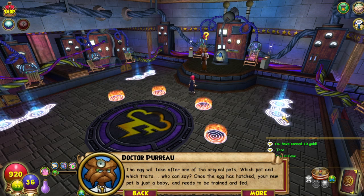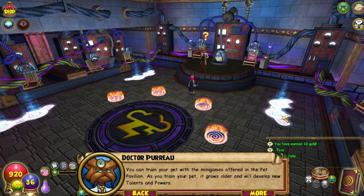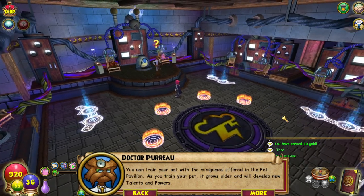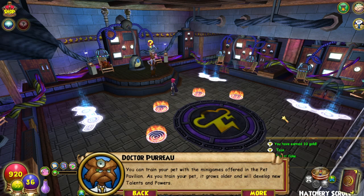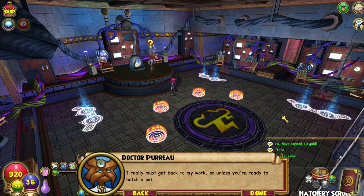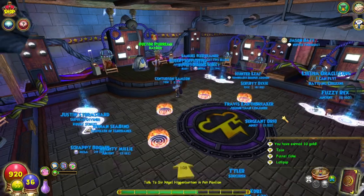Who can say? Once the egg is hatched, your new pet is just a baby and needs to be trained and fed. You can train your pet with the mini-games offered in the pet pavilion. As you train your pet, it grows older and will develop new talents and powers. Pet talents help you in magical duels, while derby powers are used in the pet derby. Some rare pets are extremely powerful, with astonishing abilities. I really must get back to my work, so unless you're ready to hatch a pet...